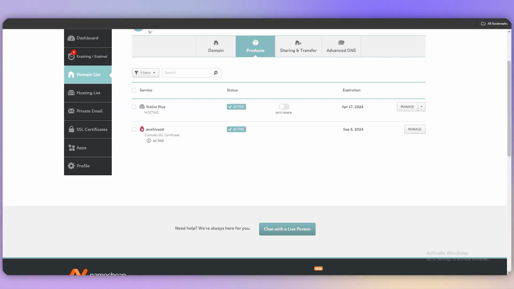In this tutorial, we are going to talk about how to manually install SSL certificates on Namecheap. So let's get started. What you need to do is go to your domain list and after that, make sure to